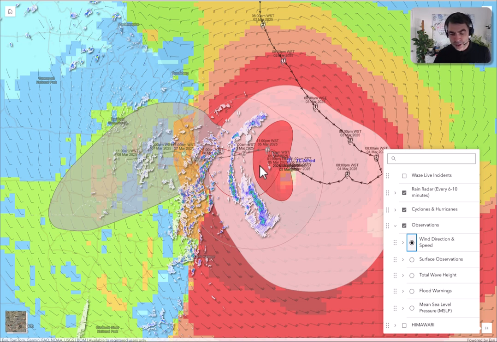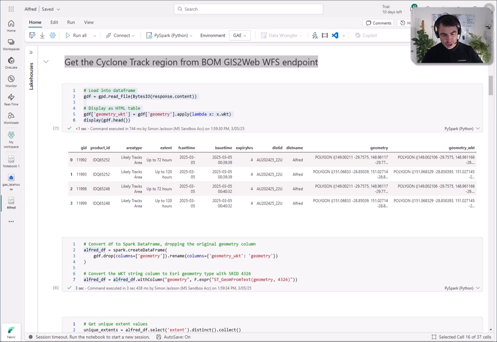What I want to look at is how we can tap into this very important feed that's continuously changing and access it within the Microsoft Fabric environment and do some spatial analytics on it. Why are we doing this in Fabric? Because Fabric can scale quite quickly. It allows us to continuously, repeatedly ask questions and actually get the answers quite quickly as that cyclone track is